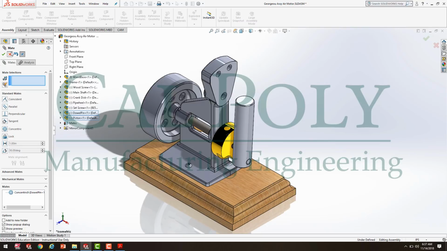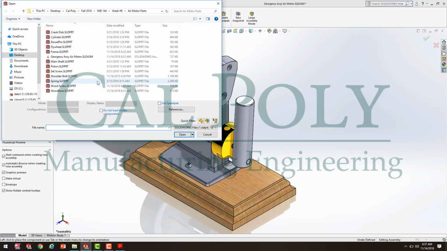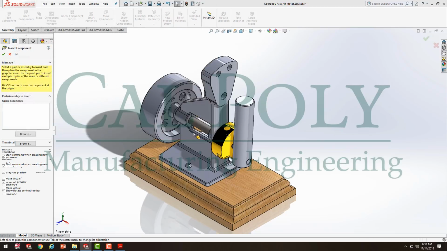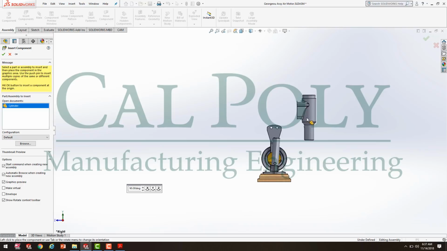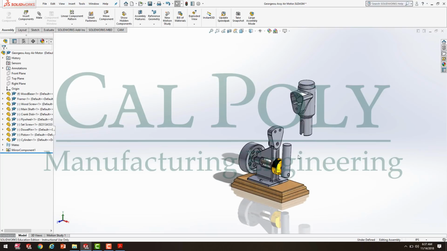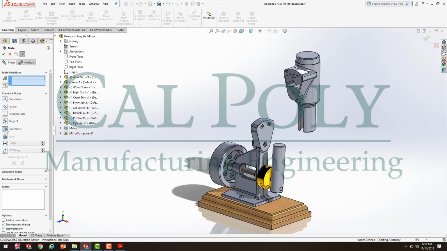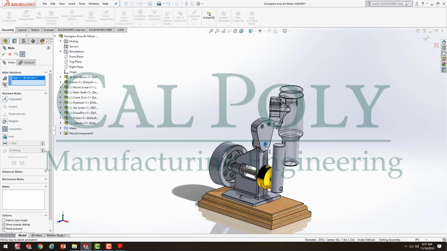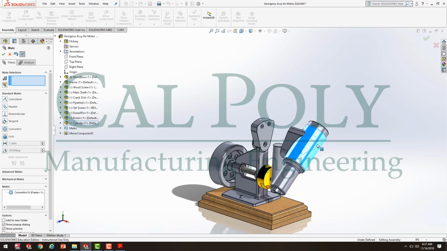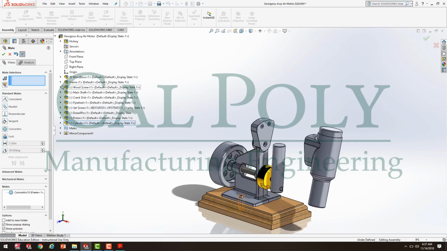Well, next we have the cylinder. So when I hit Insert Component, I go find the cylinder and press Open. I bring it in, and I start lining up bolt holes. So really, when I assemble this piece, I'm going to select Mate. I'm going to go concentric. I'm going to make that hole concentric with that hole. Check mark. Now I pull them apart, and really what keeps it aligned is if I go concentric,